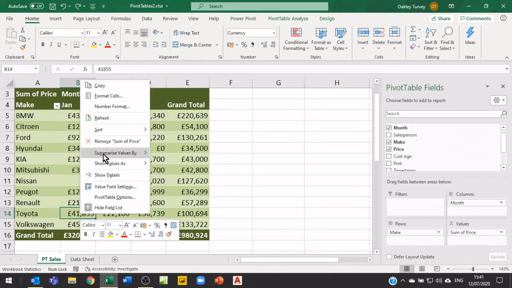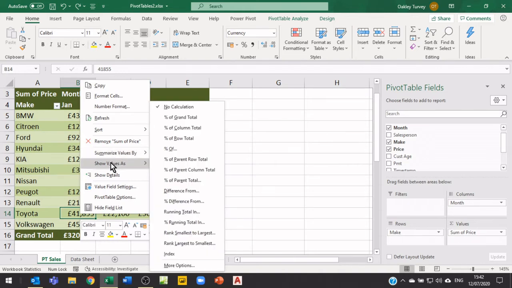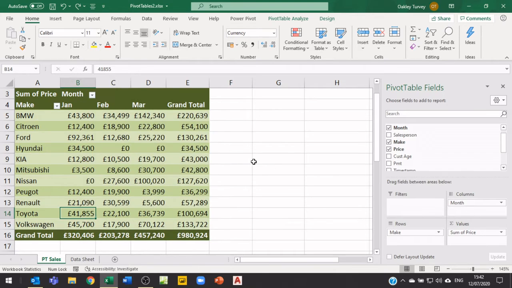I could also see these as any of these other operations here, bearing in mind which one has been chosen. Here I've chosen sum, I can now also choose to see these values with another calculation applied on top of them. For example, I might want to see what these individual numbers are as a percentage of my overall grand total. So this will be, what is my BMW January figure compared to my overall total for all models and all months. So if I right click